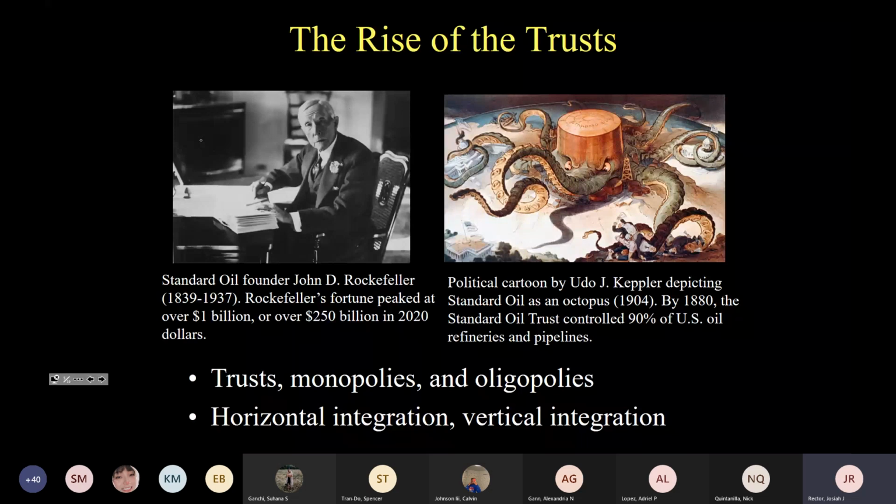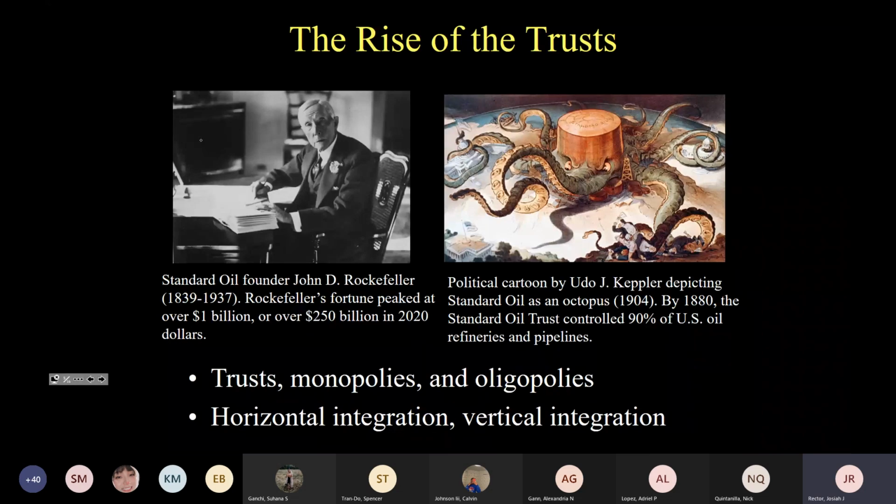Horizontal integration is where a firm buys up other firms in the same industry. So that would be an oil company buying up other oil companies, steel company buying up other steel companies, et cetera. Vertical integration is where you don't just buy up other companies in your industry, you buy up other industries in your whole supply chain. So in the case of Rockefeller, he bought up the railroads that transported the oil from the refineries and bought up the warehouses next to railroad stations and the like. And indeed, he would diversify into a whole range of economic sectors, creating this kind of mega corporation.